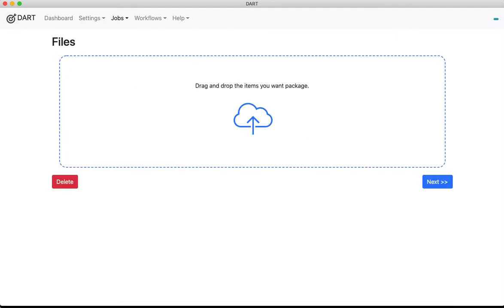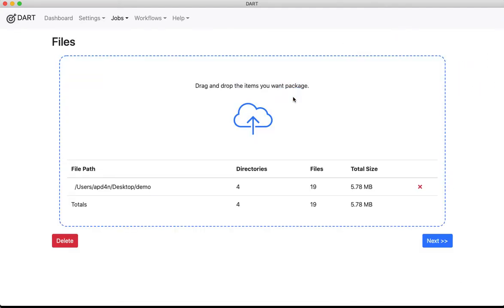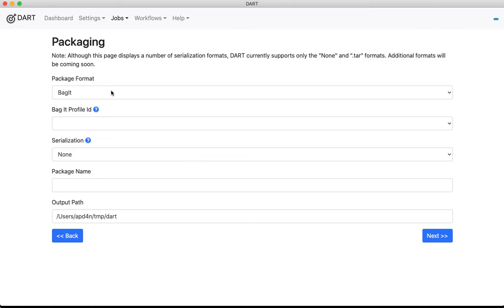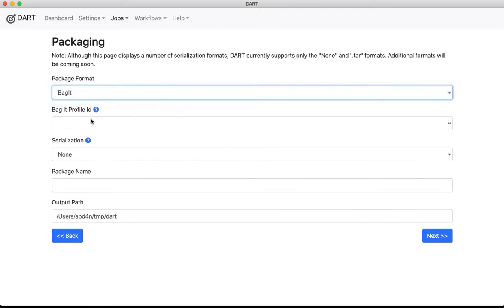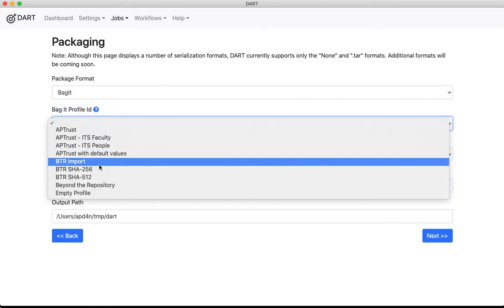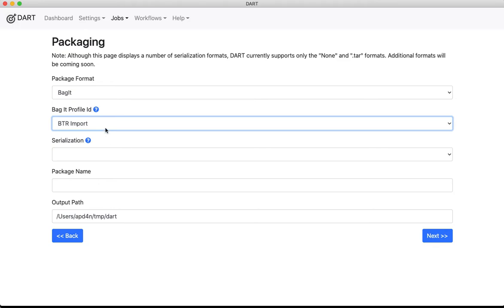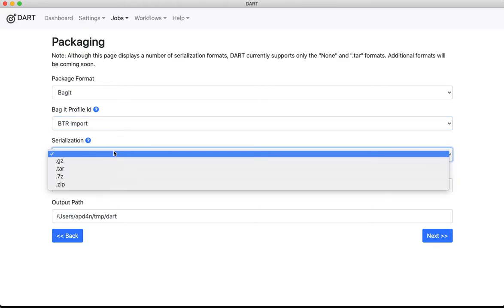So you want to create a new job, bagging up 19 files. I'm going to package them in BagIt format, and it's BagIt, not tar. I'll use that BagIt profile, BTR import.